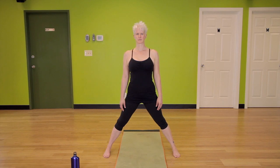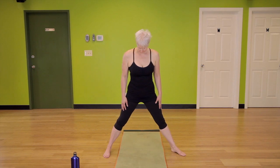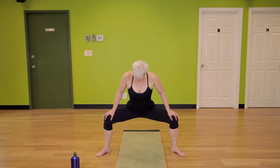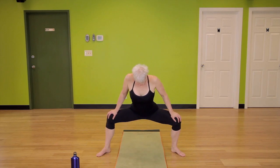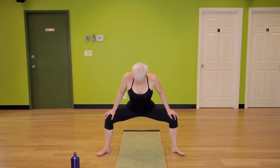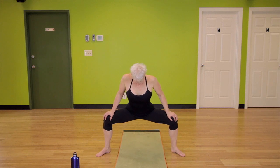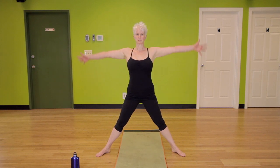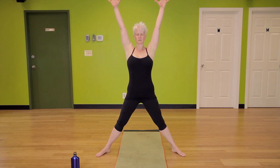Once you've stepped to the sides of your mat, turn toes out at a 30 to 45 degree angle. Bend the knees and check to see if they are stacked over the ankles, adjusting the feet if they need to. Inhale and straighten the legs as we prepare for sunflowers and moonflowers, Surya Kriya and Chandra Kriya. On the next inhale, bring the arms up overhead, separating the fingers in 5 pointed stars, a bold, bright, beautiful